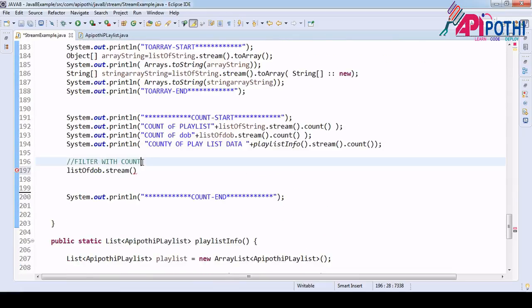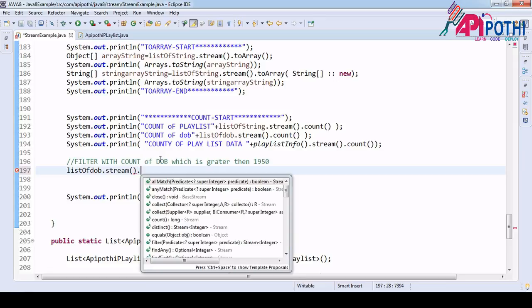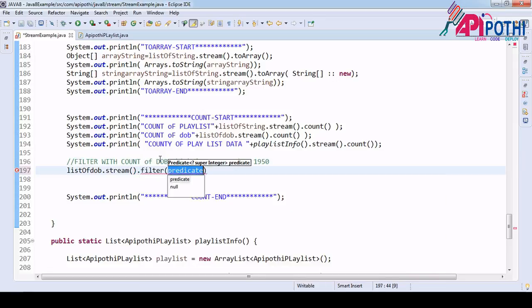So I want the count of date of birth which is greater than 1950, meaning that we are doing the filter. So for that we use the filter, and inside the filter how are we going to do it?